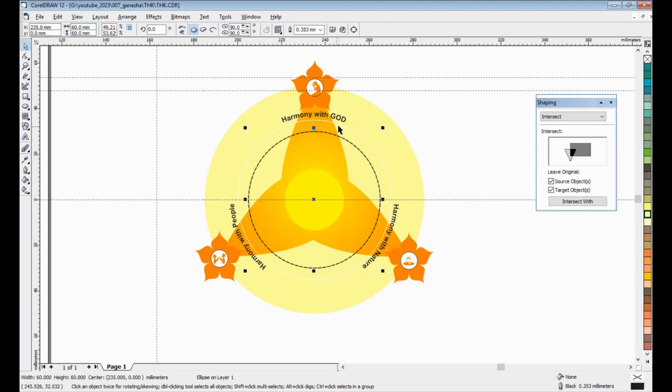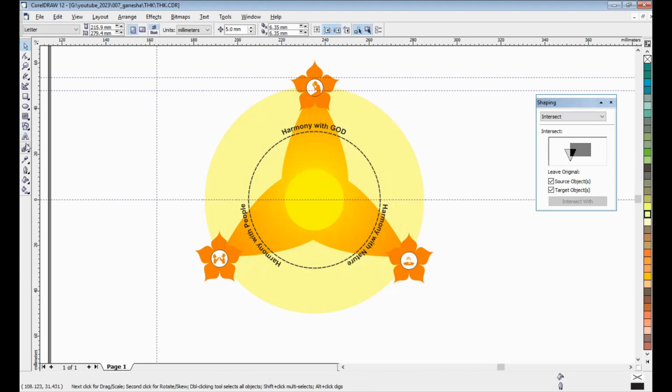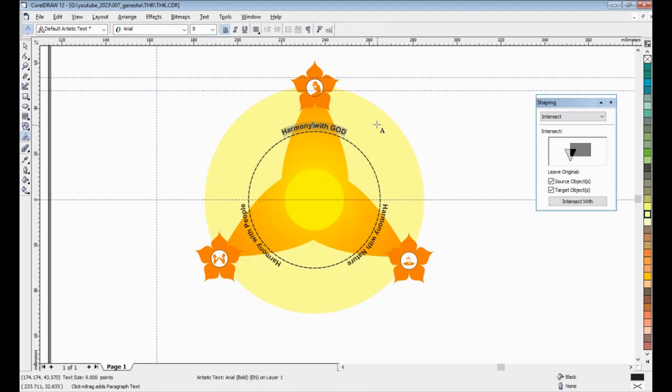Okay, maybe 60 is 62. Okay, this is 62 width and height. Now I will add this text.